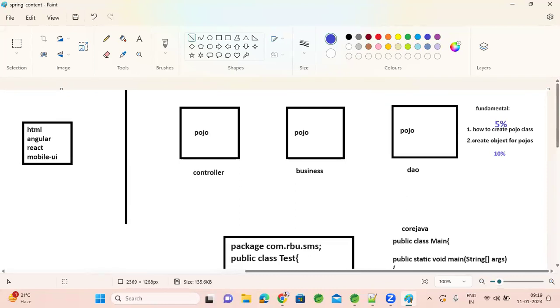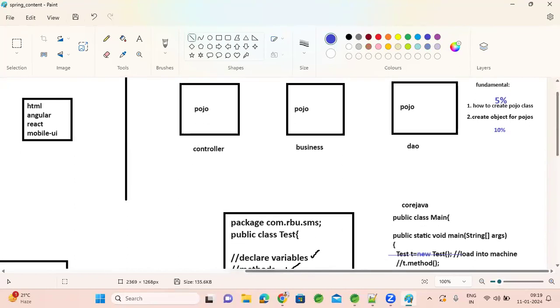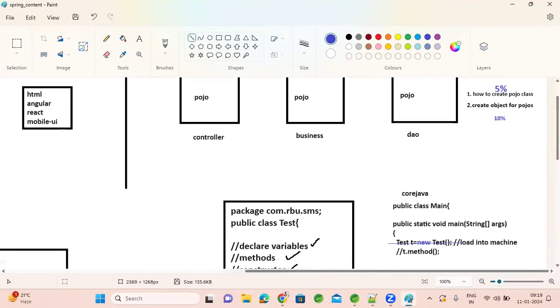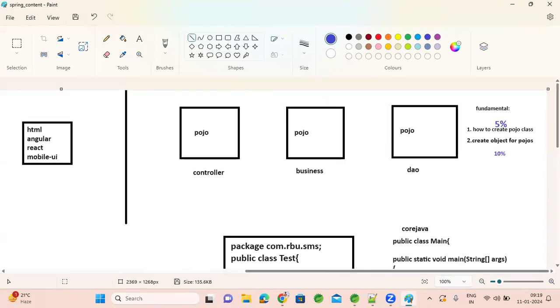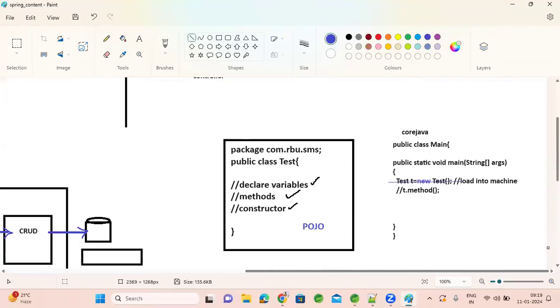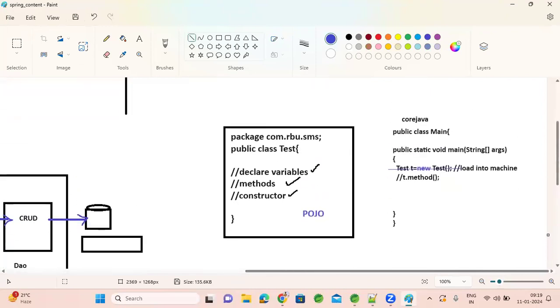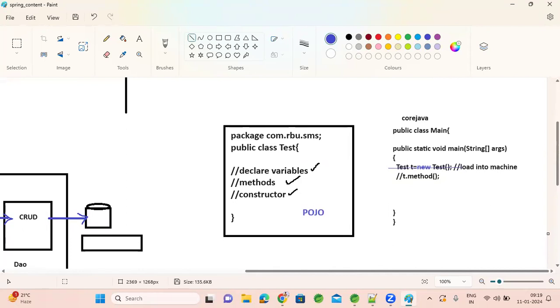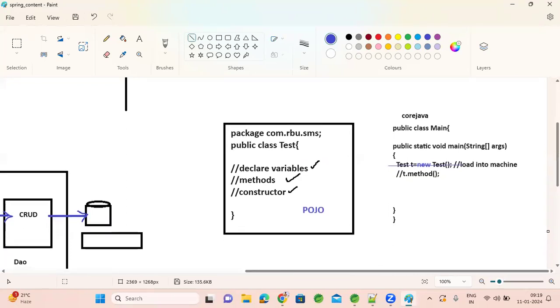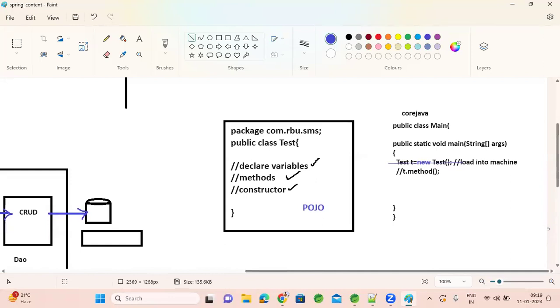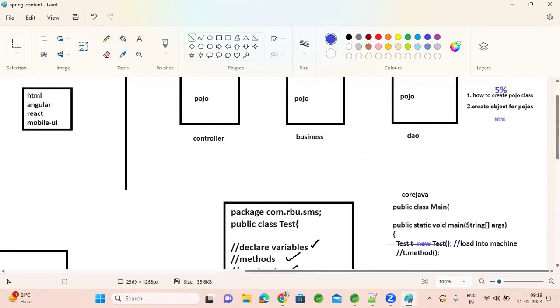If you understand these strong fundamentals, how we are creating a POJO class, how they will talk to each other, how Spring is creating objects internally, and how Spring is helping to exchange the information between these layers. If you understand all that stuff, it's not rocket science. Maybe a fresher or a non-technical guy can also easily understand if they know what is a Java class, what is an object, the basic things. Okay, that easy the framework is.